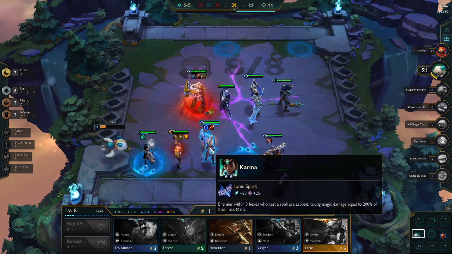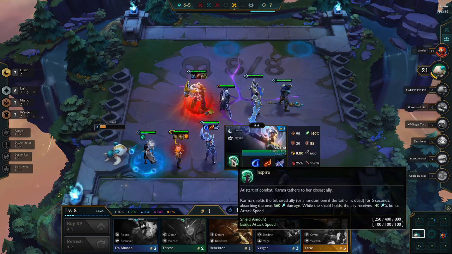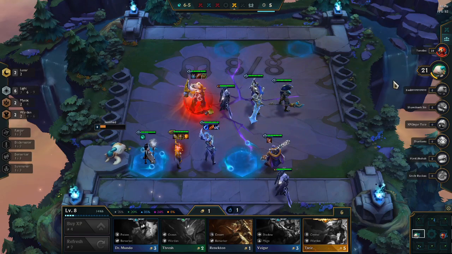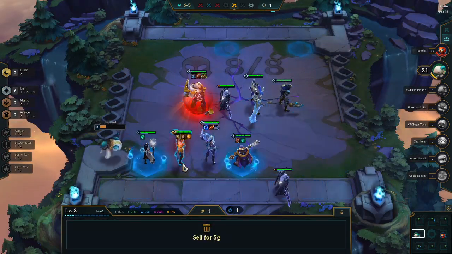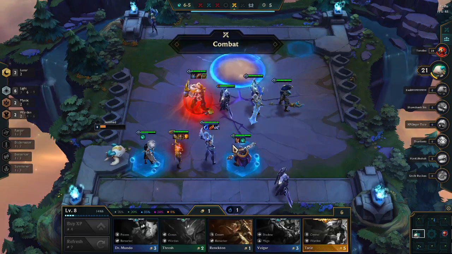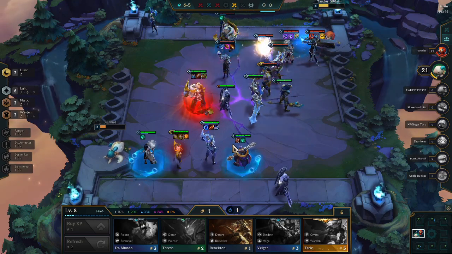Yeah, so I put the Ionic Spark onto Karma, make her tankier, make her do a little bit more damage, and give Vayne just a little bit more attack speed, which ends up being super beneficial. This guy got his tier 2 Lucian, so again, I'm pretty scared, but I know I can beat him because I beat him earlier, so just hoping to